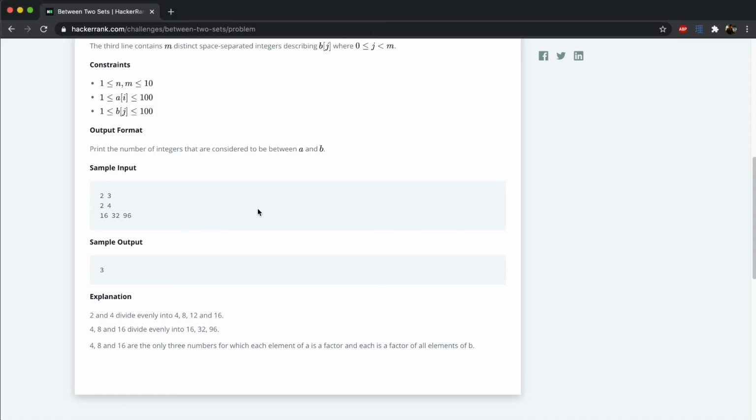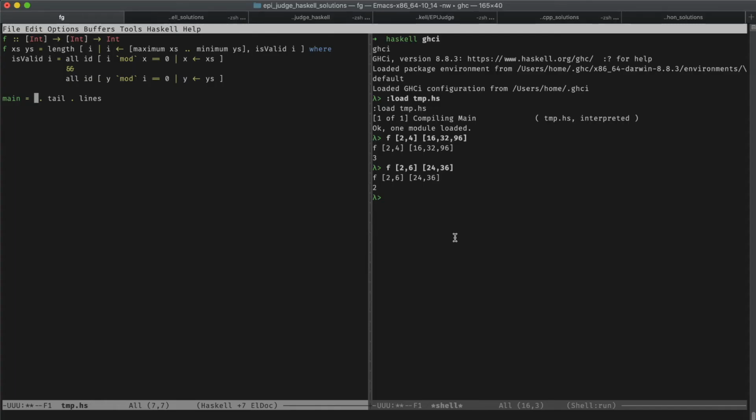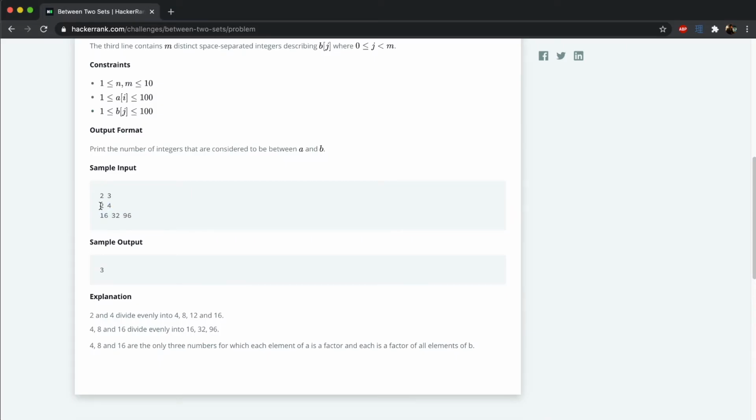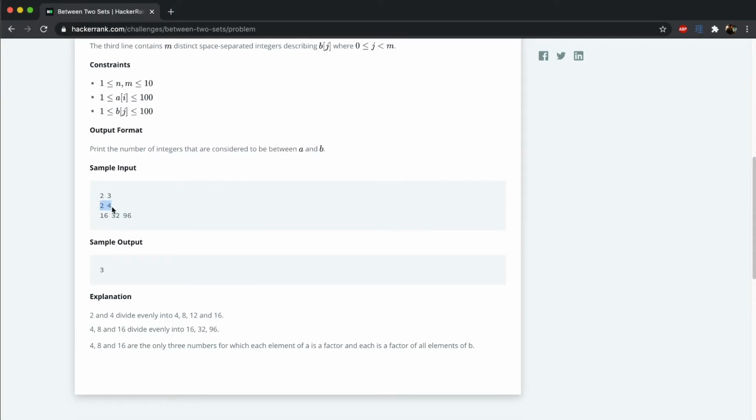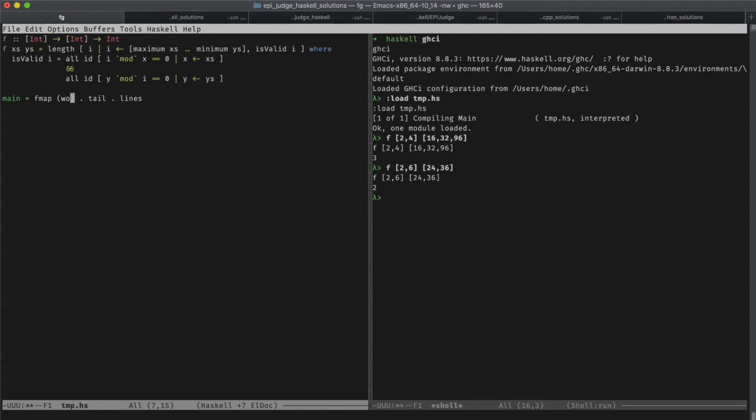and now we have a list of 2 lines, and these are still strings, so we want to convert these to a list of integers so that we can feed those lists to our function f. To do that, I can map over each element of this list, so basically each line as a string. These lines are numbers separated by spaces, right? So we can use the words function to split these numbers into a list of strings, right? So I can call words over here,